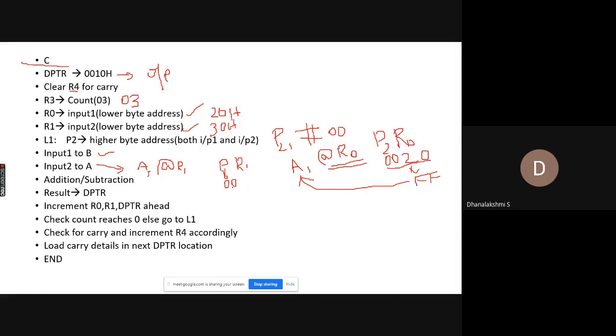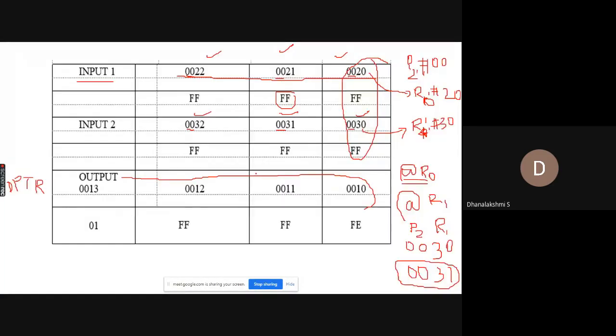So P2 is going to be the same, 0, 0, and R1 we have loaded with 3, 0. So it is pointing to 0030. 0030 is for input 2.